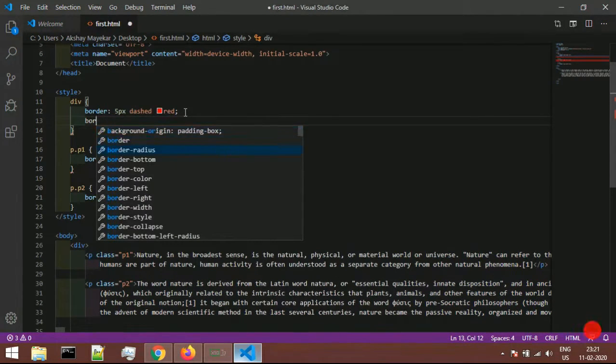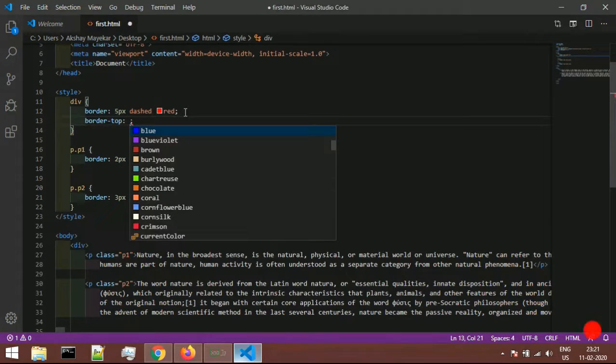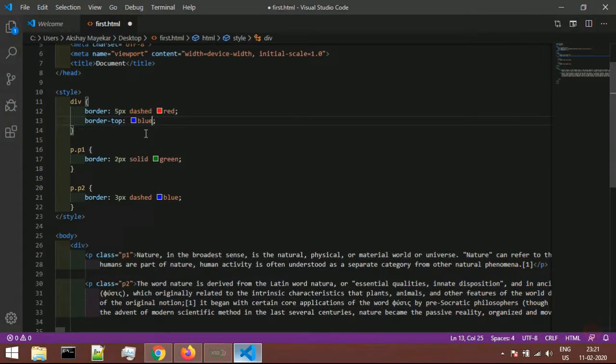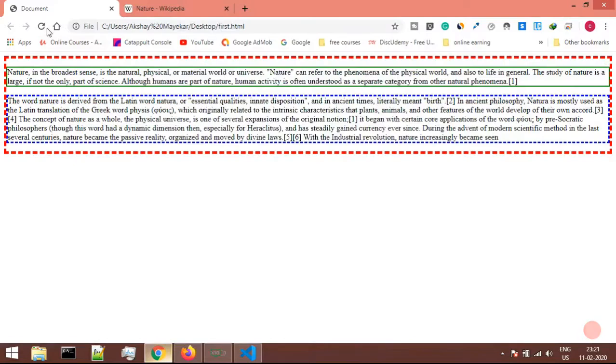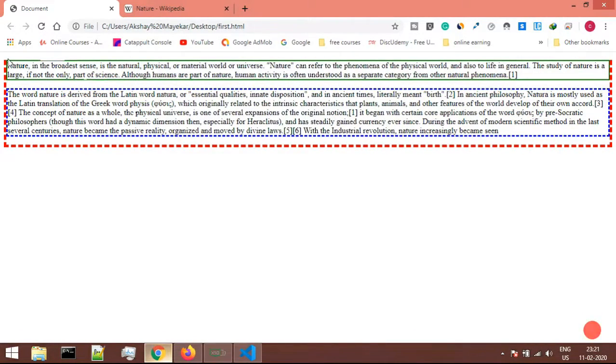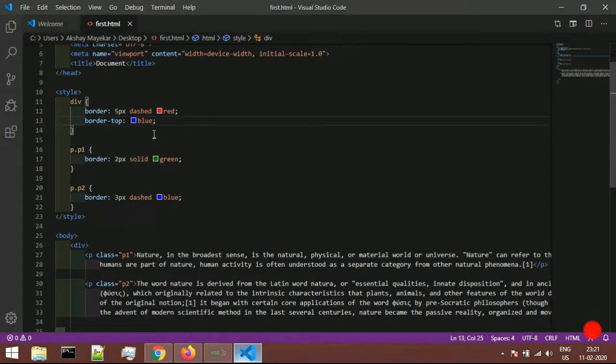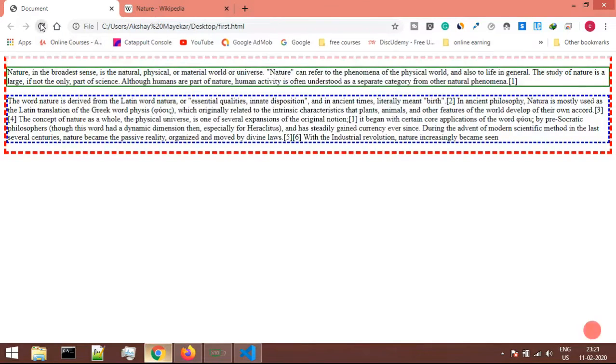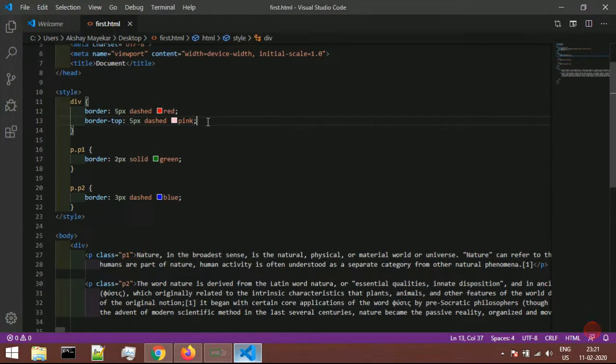I will be saying border top. Okay, so now what this will do is this will apply the properties to the top border. Okay, and I will be saying top border is blue in color. If I'm just saving this and coming and refreshing this page, then okay, I forgot to give the color. Okay, so now what I've done is I have turned this top border to pink in color, and now what I will do is